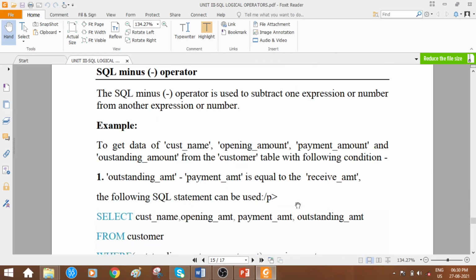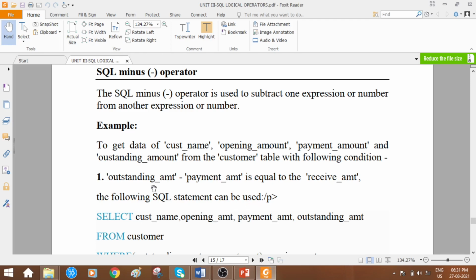The next one is the minus operator. So what is this? It is used to subtract one expression or number from another expression or number. So how is it? To get data of customer name, opening amount, payment amount and outstanding amount from the customer table with the following condition. So what is it? Outstanding amount minus payment amount is done, which is equal to the receive amount. The following SQL statement can be used.